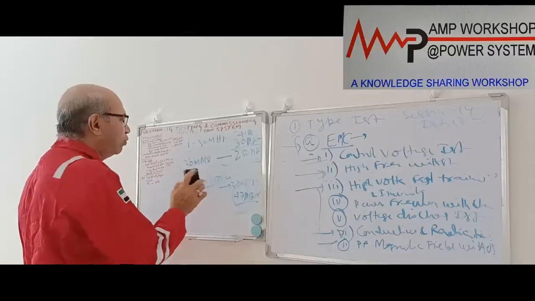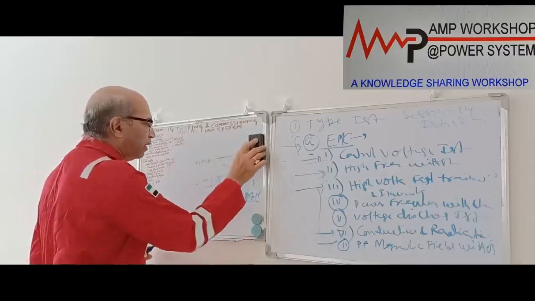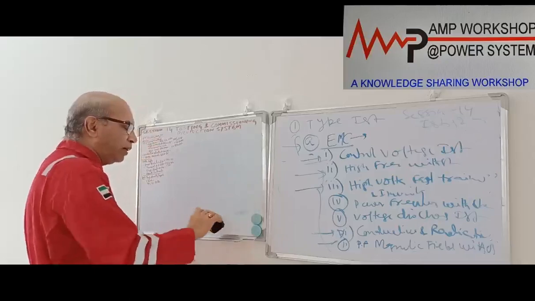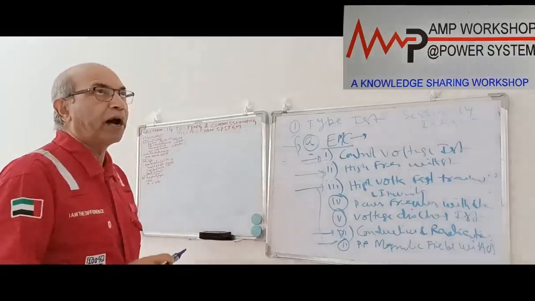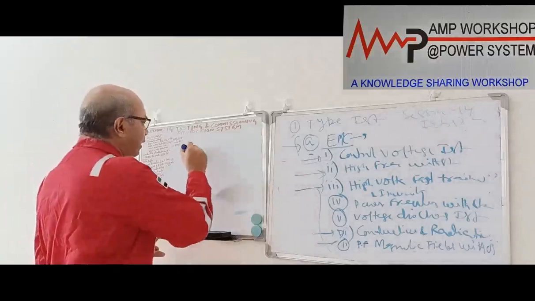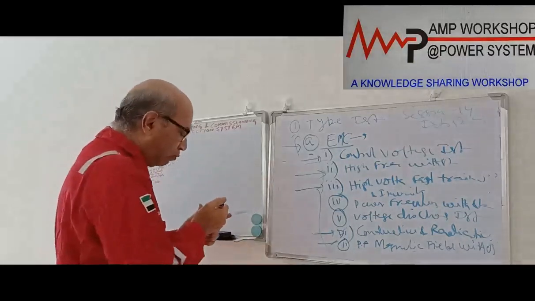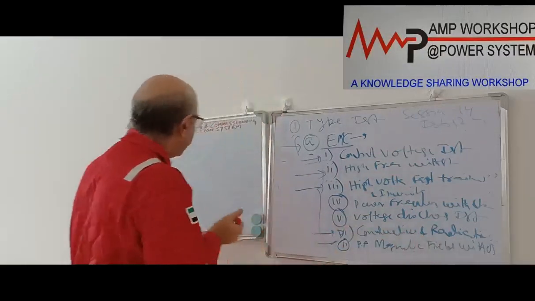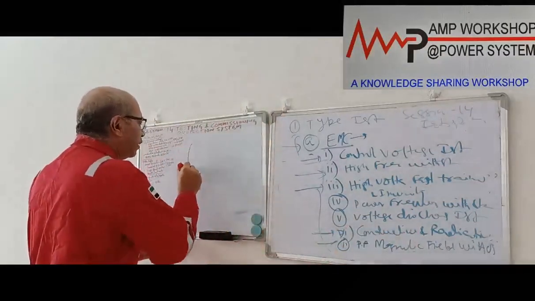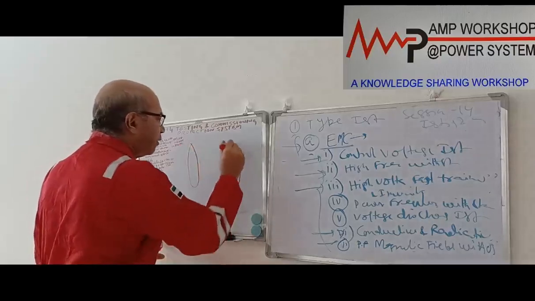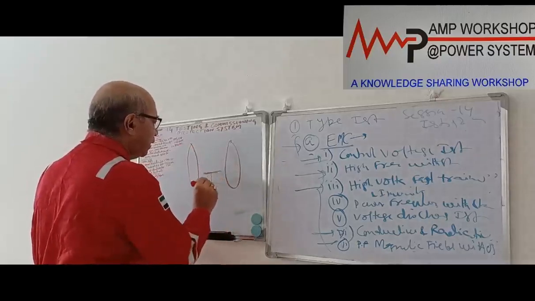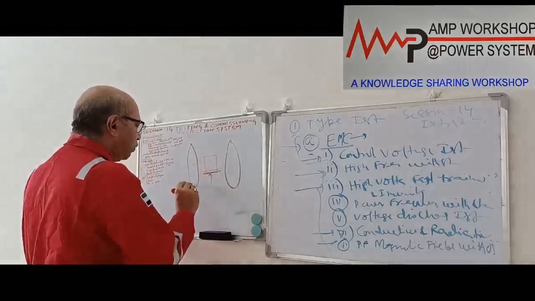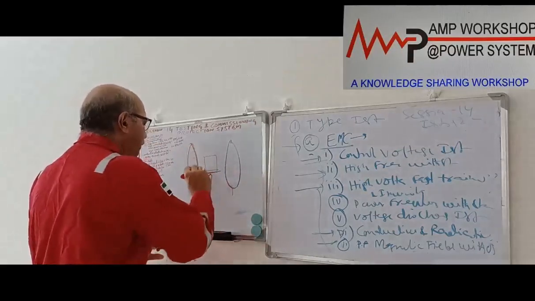Then the last test we do is simply the magnetic field test. If there is a strong magnetic field where the relay is located, in that case the relay should not operate. So how do we do that? We put two induction coils on a rotating table. This is one induction coil, and this is another induction coil, and in between there is a rotating table. The relay is located over here, and this coil is supplied from an external supply.